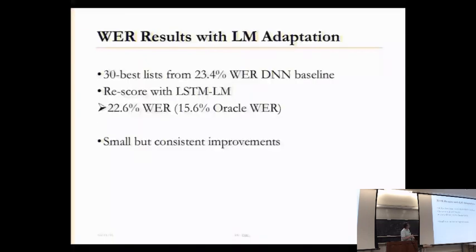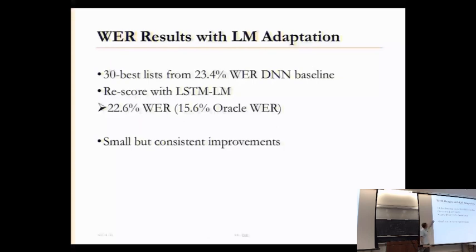And of course, now we use our baseline system to rescore 30-best lists that we generated with our 23.4% word error rate system. We get an oracle word error rate of our 30-best lists of 15.6%. So there is really